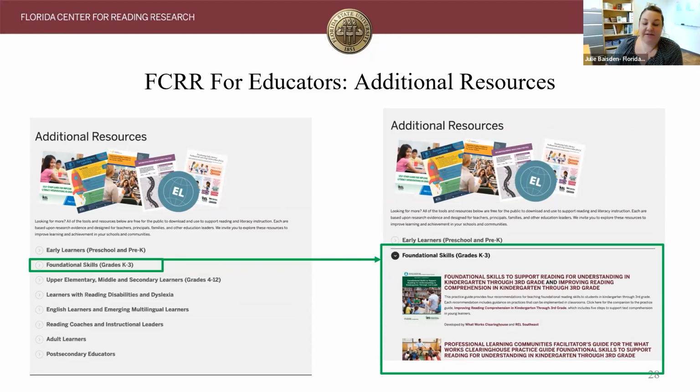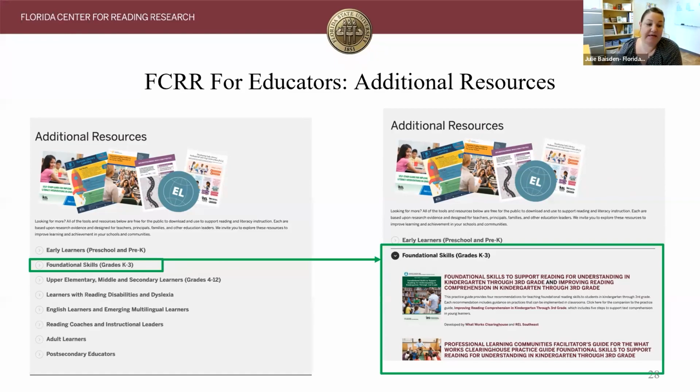Thanks, Jenny. Yeah, so under the additional resource tab, which is under the For Educators section, you will find a plethora of what we're calling practice guides. And these are primarily from IES, which is the Institute of Education Sciences, and they are on a variety of topics. We have them divided by topics.